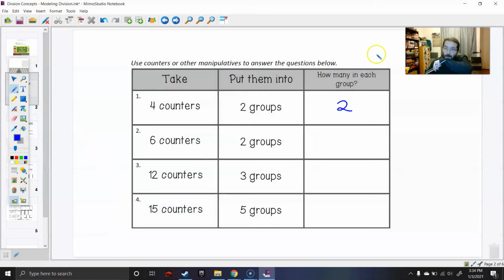All right, so now we're going to get 6. All right, so I'm going to have these. Now I have 6, right? We're going to put them into equal groups. So we're going to put 1,